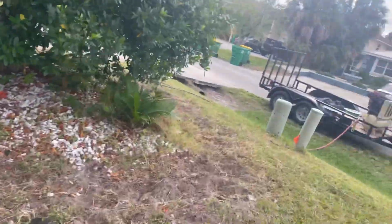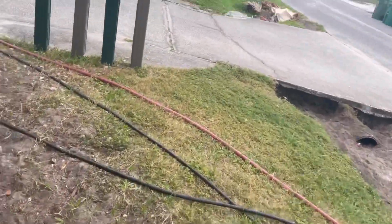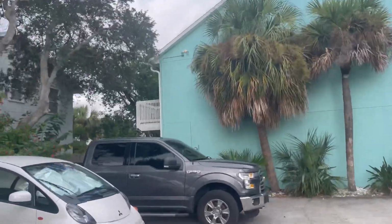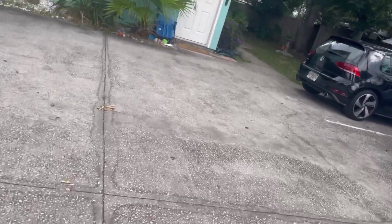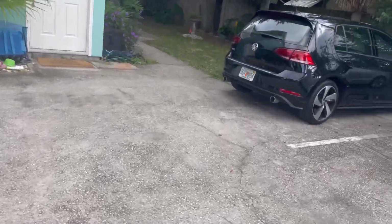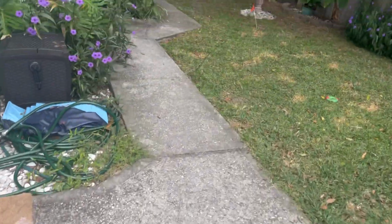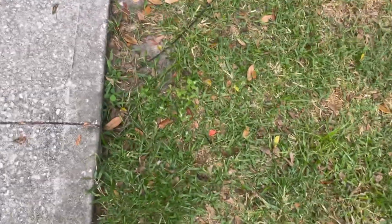But yeah, that's the route that the tech put the line in, and the actual customer who's getting the services, the line runs around the whole building and comes in right up under this slab into this apartment. So